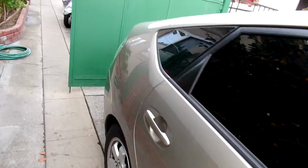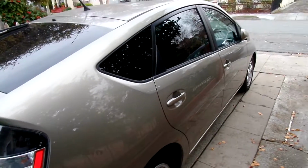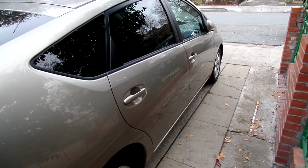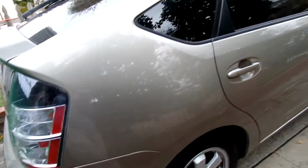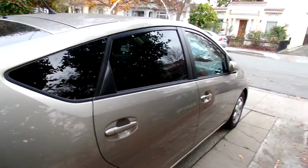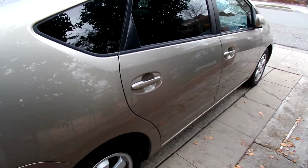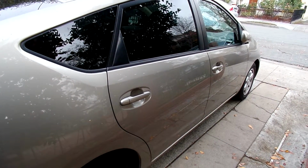And it's had some battery work on it done before, according to my sister. She hired some kind of hybrid tech to work on it, and he got it working for a little while, but it's been giving us problems. So my sister wound up getting a different car, and they brought this one here, and it ran fine for a while, and then it's bad again. So like I said, I found a bad module in it,